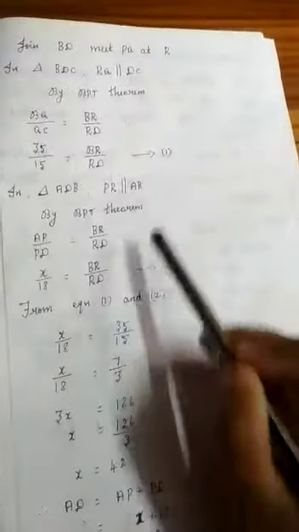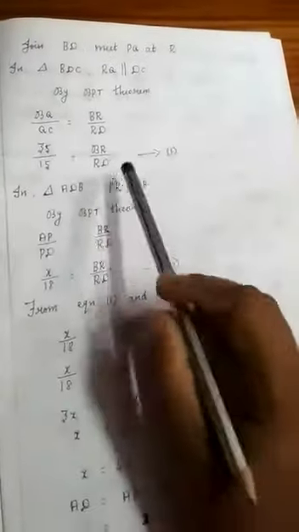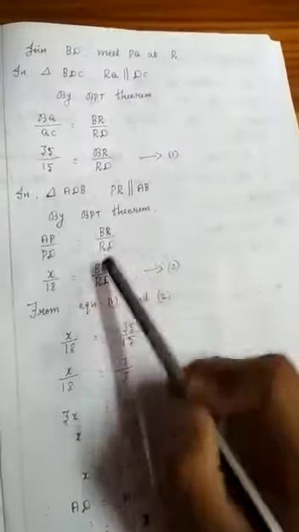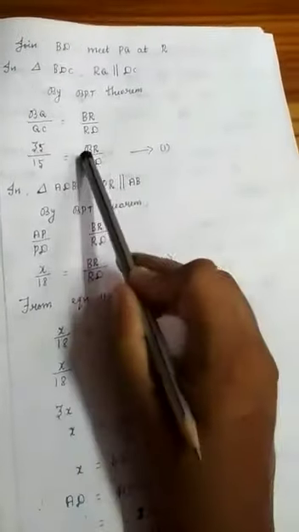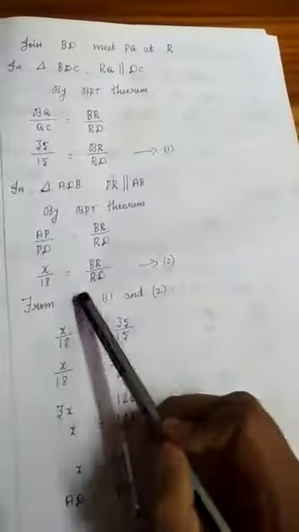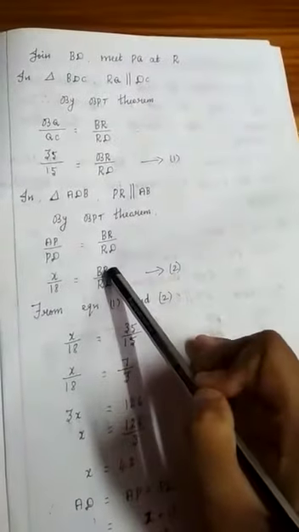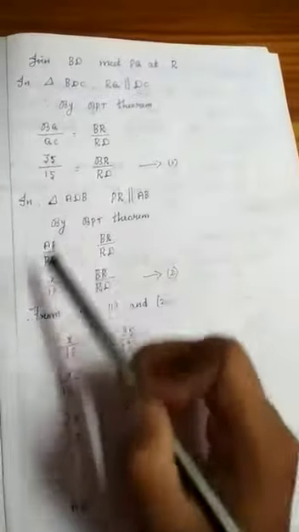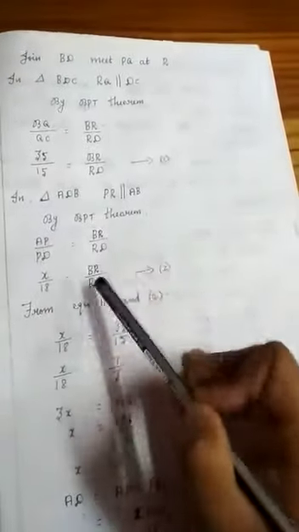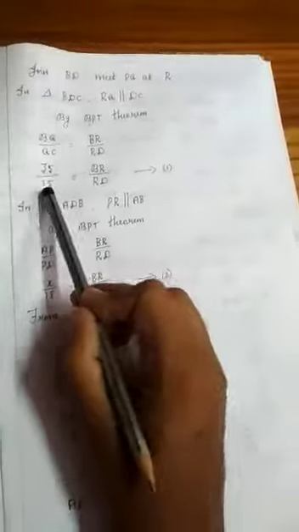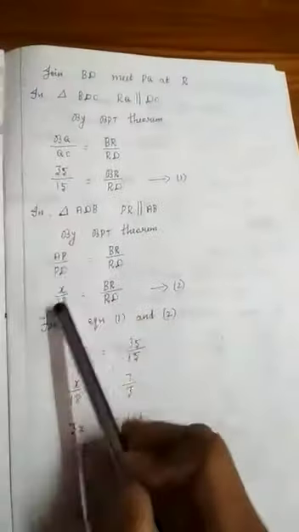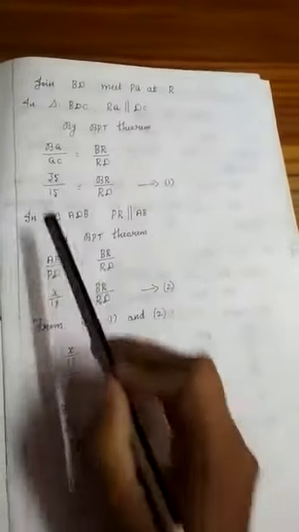Now compare equation 1 and equation 2. See here, this right hand side and this right hand side, are both equal or not? Here also PR by RD you have, here also PR by RD. If the right hand side is equal, then the left hand side must also be equal. So now you can write the left hand side: x divided by 18 is equal to